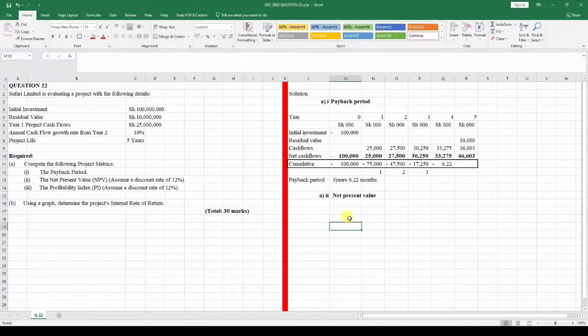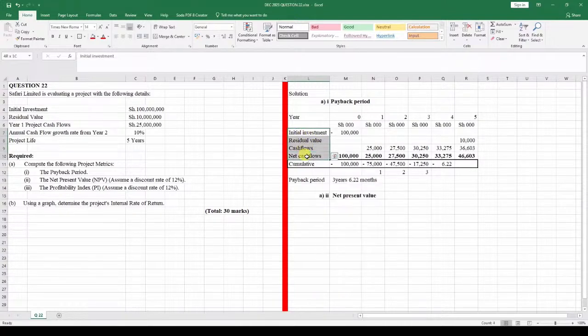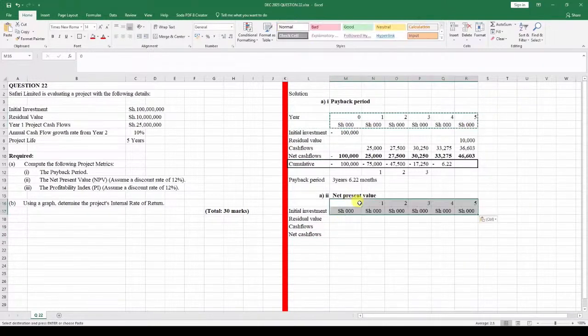And to get the net present value, what we'll need to do, if you allow me, is copy this over here like this. The cash flows over here, I can just copy these ones the way they are. Copy, just put them down here. And of course, I'll also copy this. Copy, put it just down here like so. And this I can drag maybe down, somewhere down there like that.